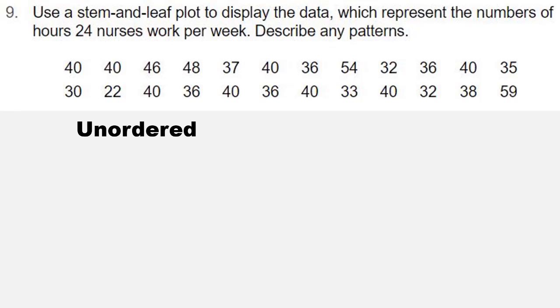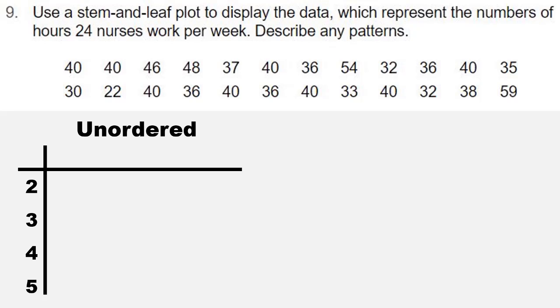And to do that, I need to locate my minimum and maximum values. I seem to have a minimum value here of 22 and a maximum of 59. So I'm going to need a stem and leaf plot with stems that range from 2 to 5. Now we're going to go through the 24 data values one at a time and split them into stem and